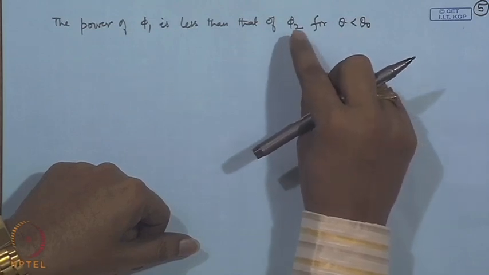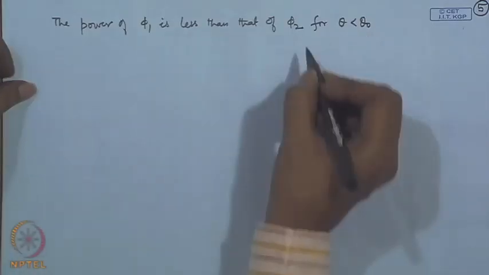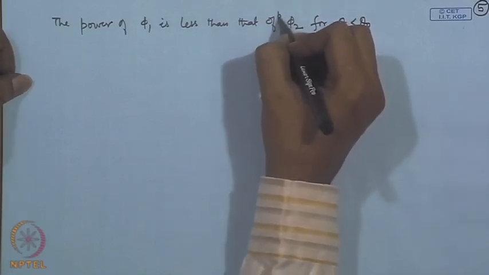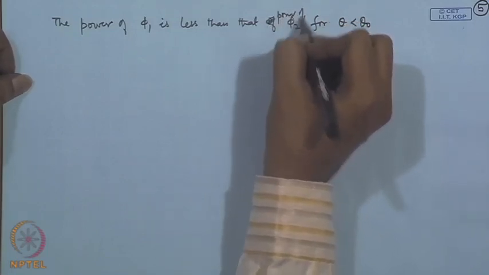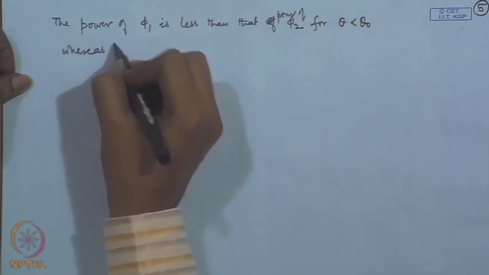Whereas, for phi 2, it is the probability of rejecting when H 1 is true, that is actually 1 minus the probability of type 2 error. That value is greater than or equal to alpha, because the minimum value is attained at theta naught. So, what we are getting here is this is less than or equal to that power of phi 2 for this,